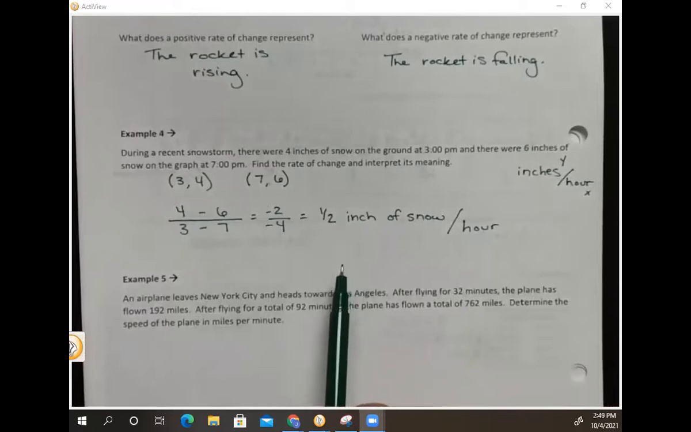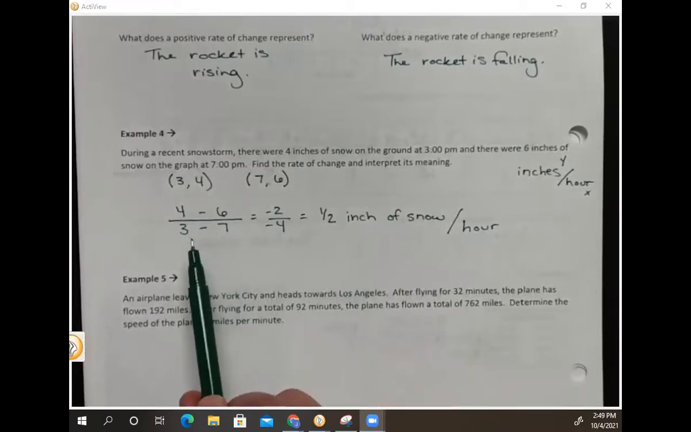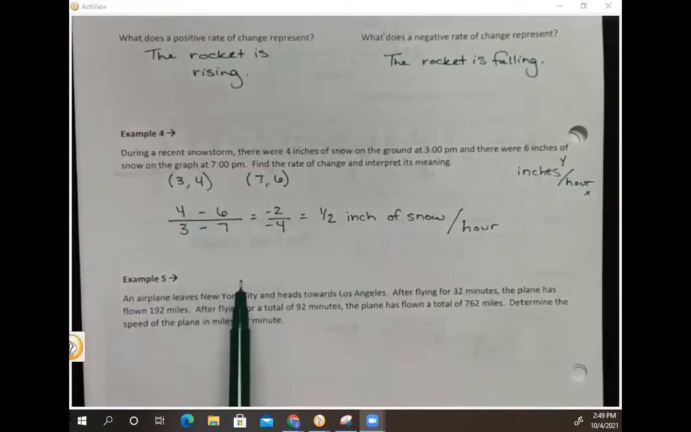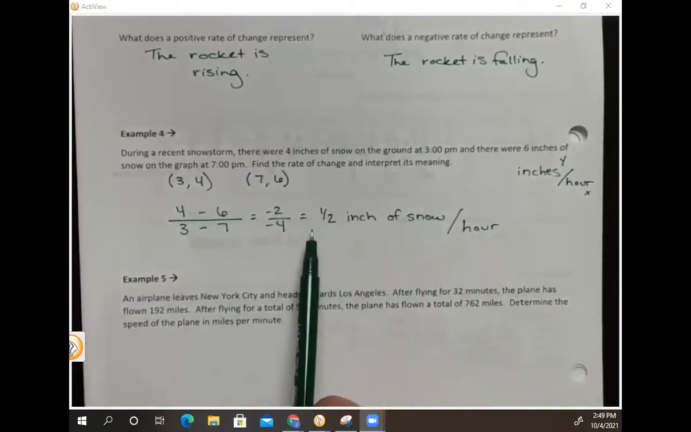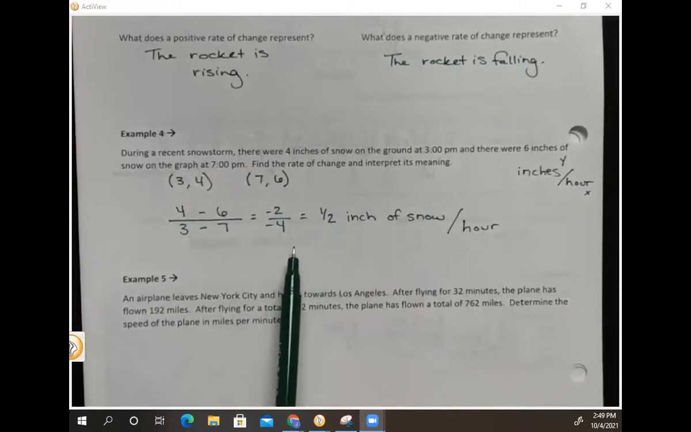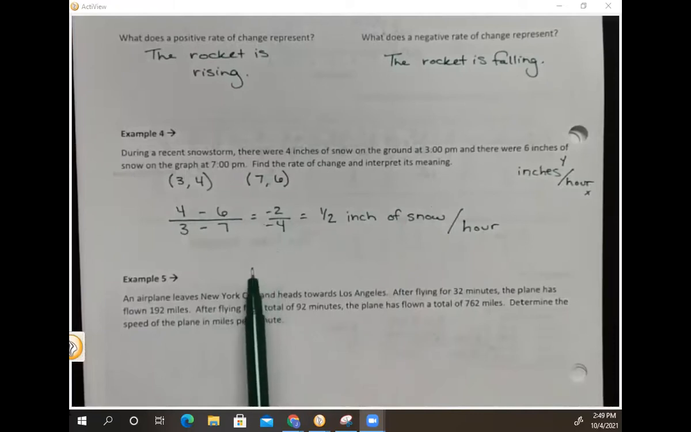Now, does that mean that between 3 and 4, we got exactly 1/2 inch of snow, and between 4 and 5, we got exactly 1/2 inch of snow, and between 5 and 6, we got no, right? This is really an average of what I could have expected over the course of that 4-hour time frame, okay? So tomorrow we're going to talk more about average rates of change, and we're going to see functions that aren't necessarily linear. Snowfall is not necessarily going to be 1/2 inch every single hour, because